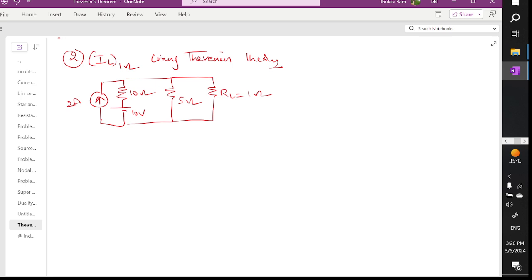This is 5 ohm, and he is asking us to find the load current across the 1 ohm resistor using Thevenin's theorem. So we are clear that we want to draw the equivalent